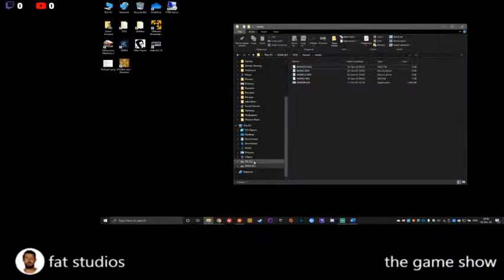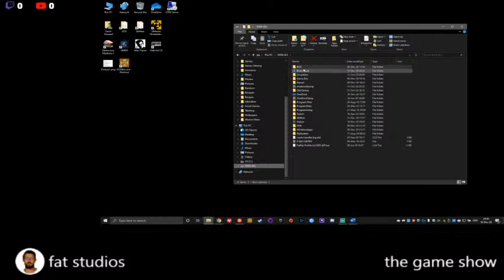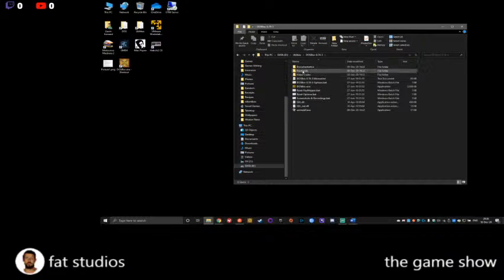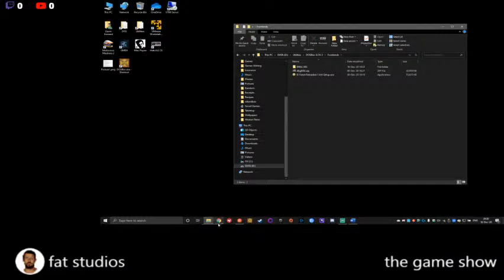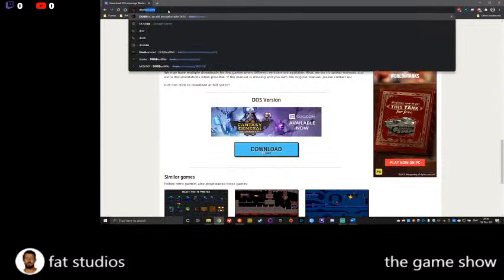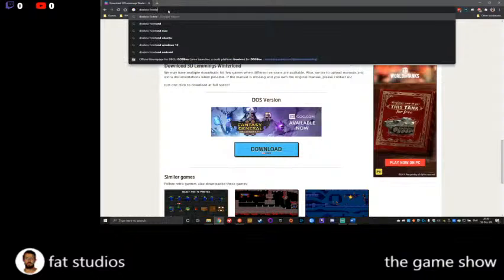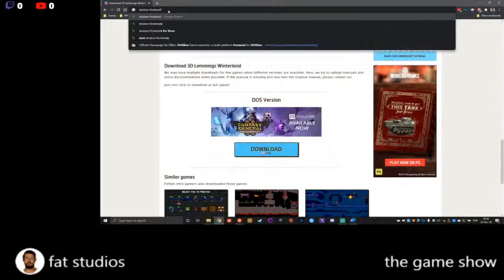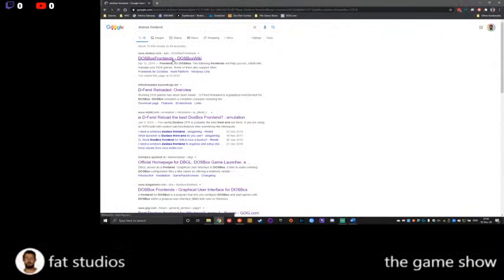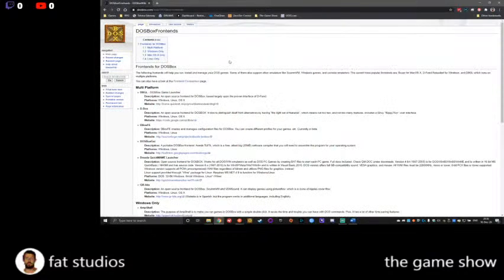So, where is it? Utilities, DOSBox. So I've made a little folder in here called front ends, and if you just Google DOSBox front ends, you'll get a whole bunch of options that you can download. But the one I like best is